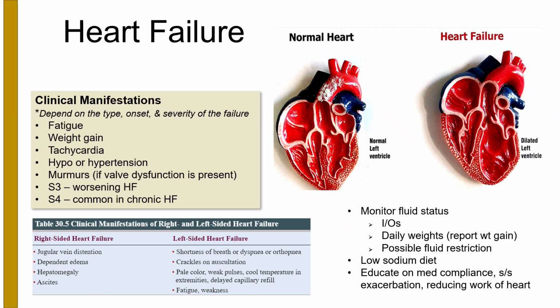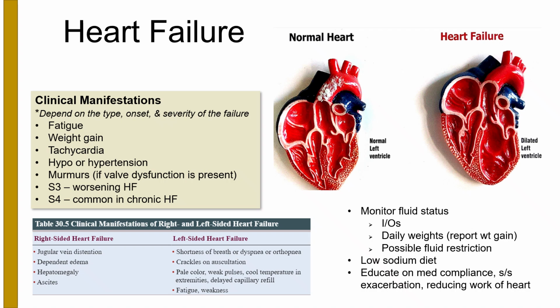So if your right side of the heart, if that right ventricle is so weak and it can't push out the blood how it should, then the blood is just going to sit there and it's still going to keep pouring in from the body, but there's really no place to go. It's going to get pressurized and it's going to back up where it came from, which is the body. So you're going to see peripheral edema. You're going to see possibly ascites with that fluid kind of just collecting in the abdomen. You're going to see JVD, jugular vein distension, and hepatomegaly on imaging, so an enlarged liver,